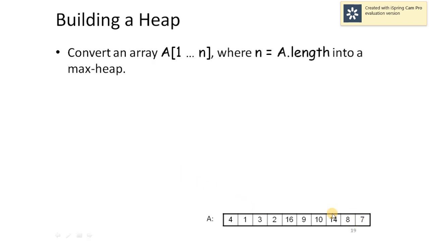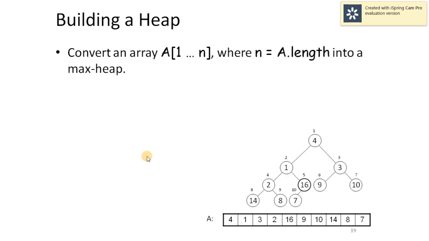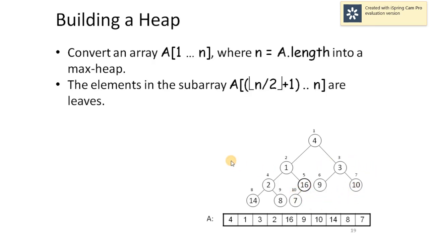In order to build a max heap from this array, we are going to utilize a few concepts which we already know. So first one is, when we visualize this max heap in the form of a nearly complete binary tree, we know that values from index position n by 2 plus 1 to n are going to be the leaf nodes of this tree. That is, the elements in the subarray from index position floor of n by 2 plus 1 to n, they are the leaves. Since they are leaf nodes, they are max heaps in themselves.